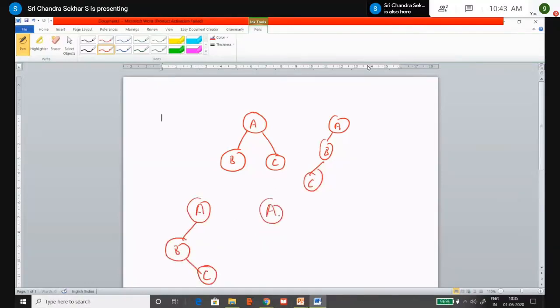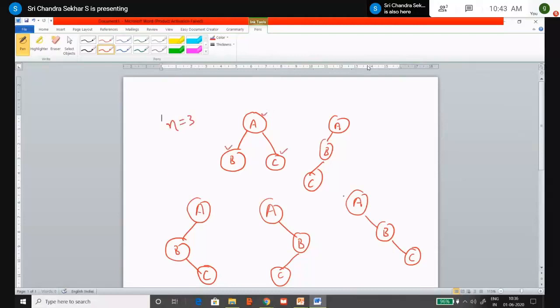Otherwise you can draw like this also. A, right child is having the node B and it can have C. Another combination, A, right child as B and C as the right child of B. So these are all the different configurations we have for drawing a binary tree. You consider any binary tree. Here the number of nodes we can represent as n. n is equal to 3. Why? Because you have 3 different nodes, that is A, B and C.